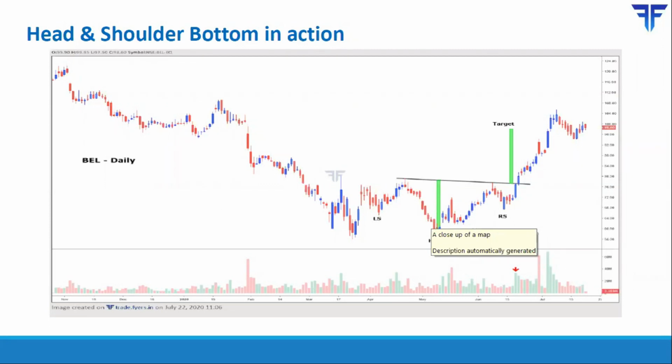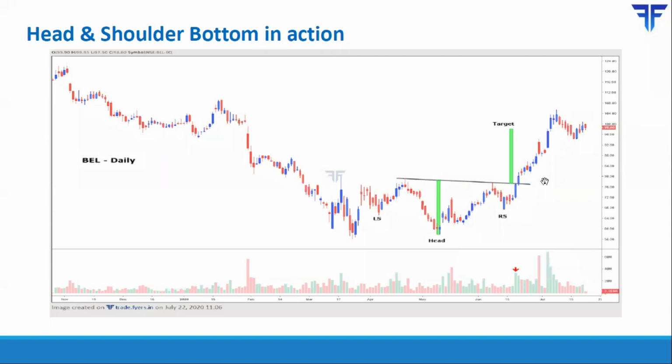The third and final stop loss is placing a stop loss below the low of the pattern. Now this is a least preferred method because the stop loss tends to be very low. So if you talk about this particular pattern, using the third method, you could place a stop loss below the low of the head. But as you can see, that would be a very big stop loss. So in case the pattern does not work out as expected and price reverses, your stop loss would be very big. So this is the least preferred. This is something that I would not recommend.